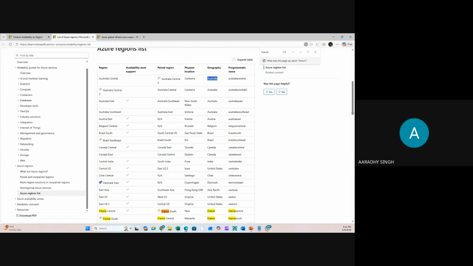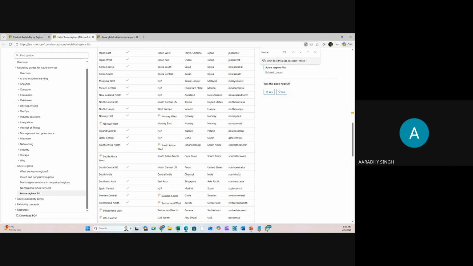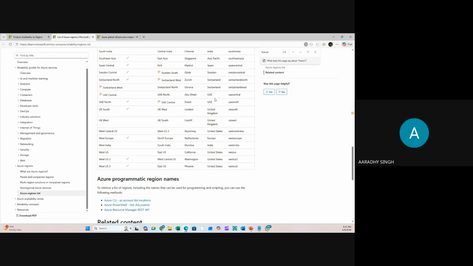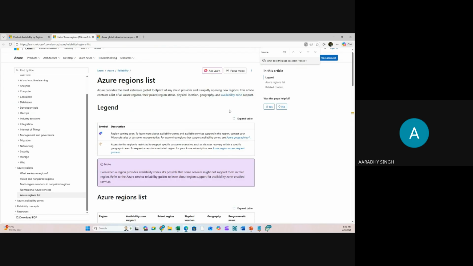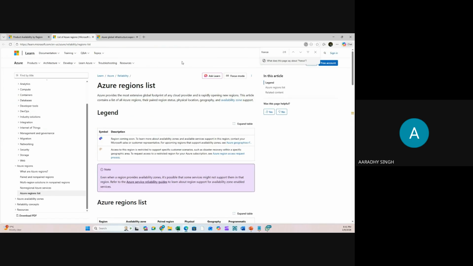You see here, Australia, Austria, Belgium, Brazil, Canada, India, US, Chile, these are the geographic locations. Mostly your regions should be available within the same geographic location.